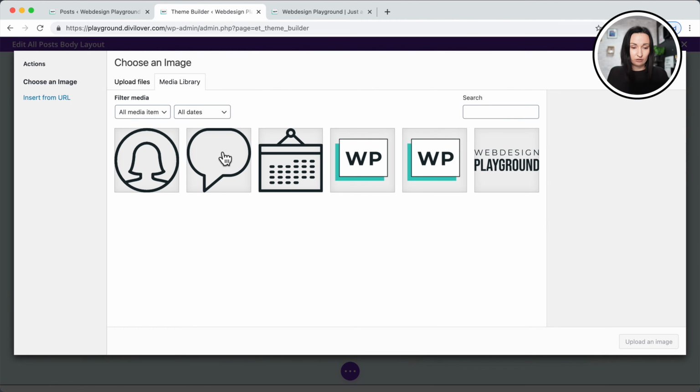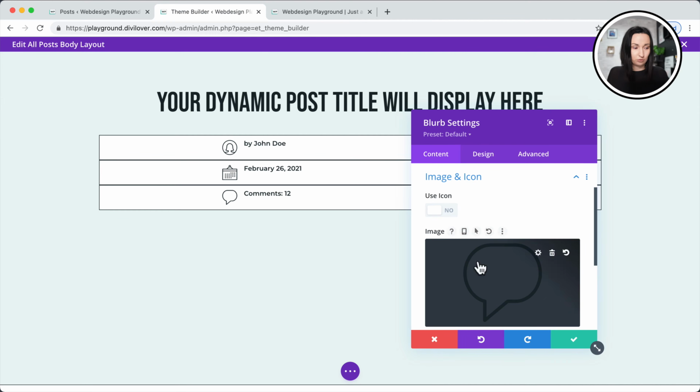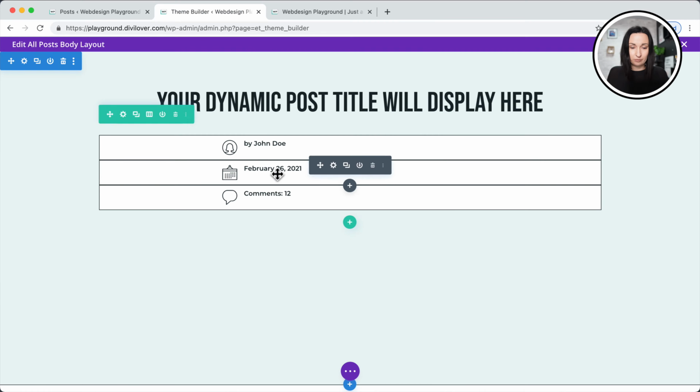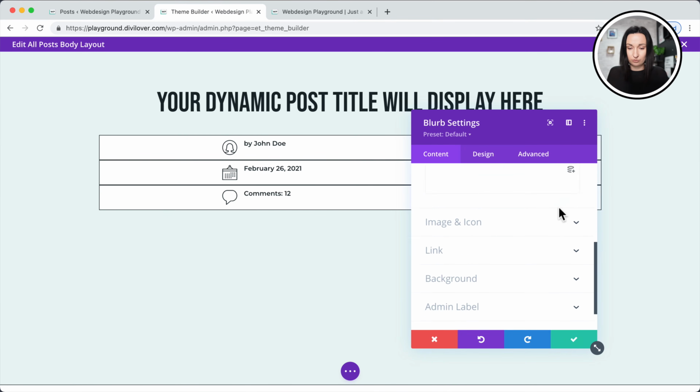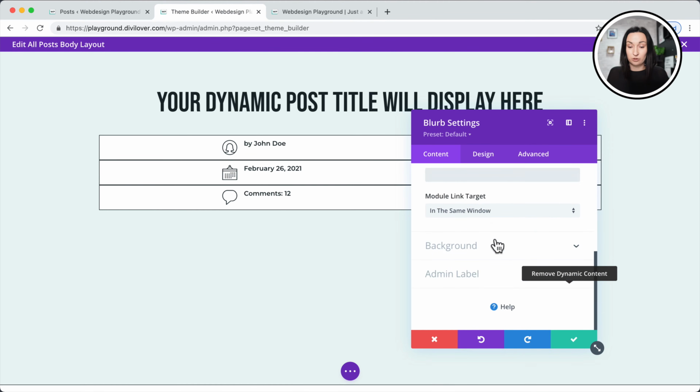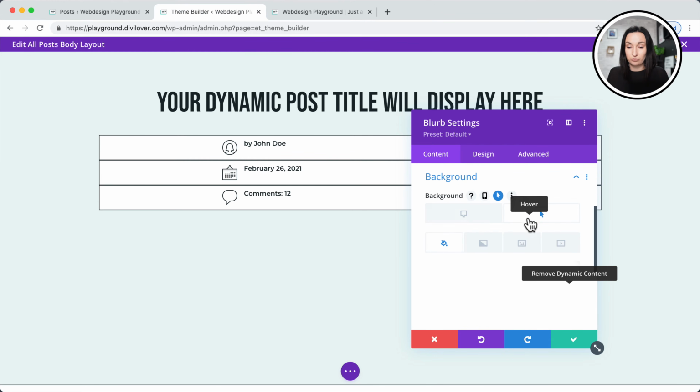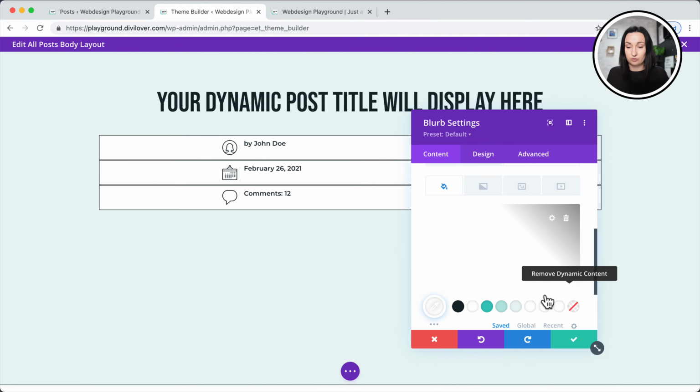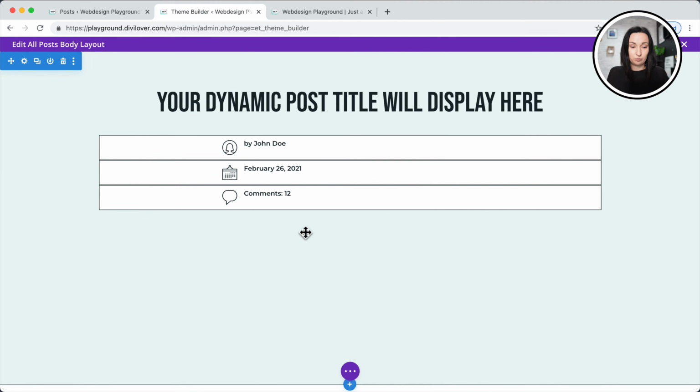Let's change the icon to a little talking bubble, and for the middle one I forgot to change the link, and there's no link here, it's just the date, so we have to remove a link, and I will also remove the hover color. Okay, that should be